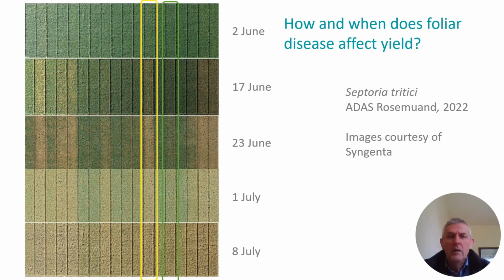So let's introduce disease into this system. This set of photographs here happens to be for Septoria tritici over in the west of England in 2022, where we flew a drone over a set of wheat plots pretty much every 2 weeks from the peak of the canopy size through to senescence. And if we just follow down the plots outlined in green,